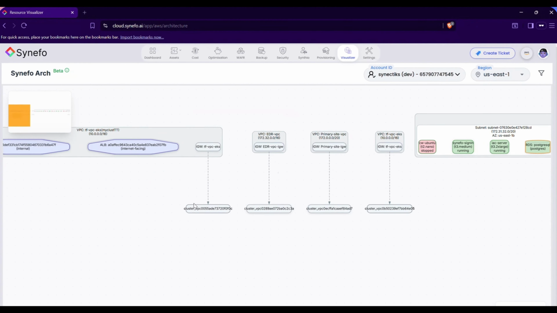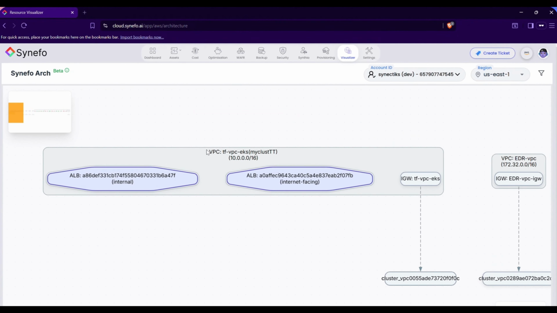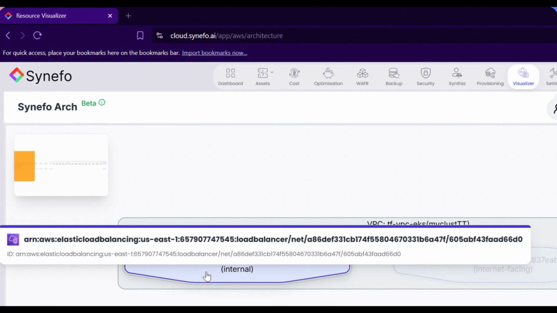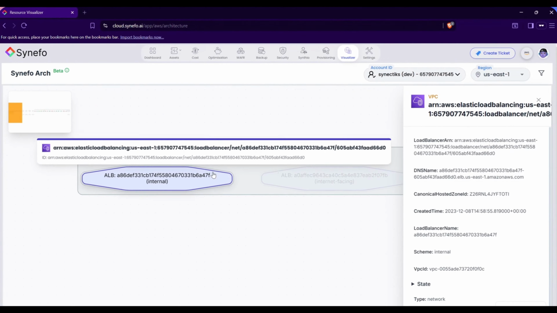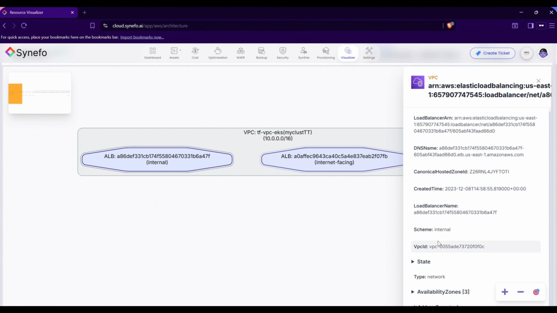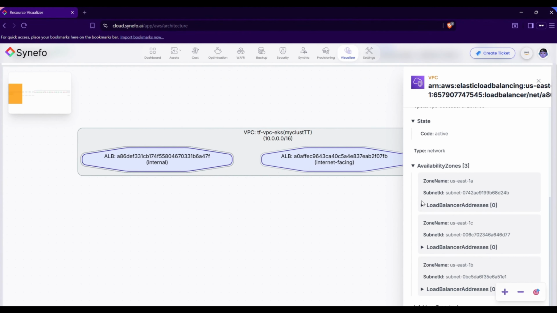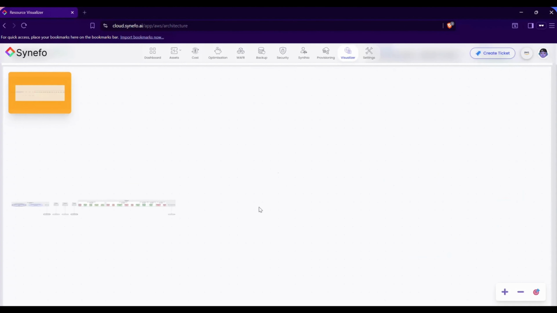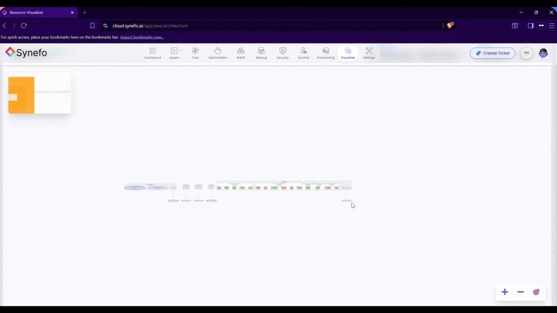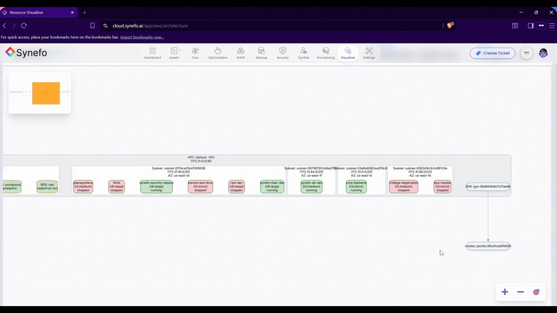In the side panel that appears, you can review its configuration. Pay close attention to the DNS name, check the current state, and expand the availability zone information to further inspect the network setup. After reviewing the application load balancer, close the Details panel and zoom out to shift focus to another section of